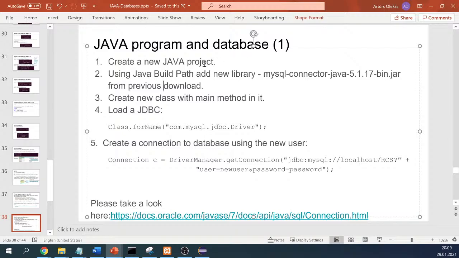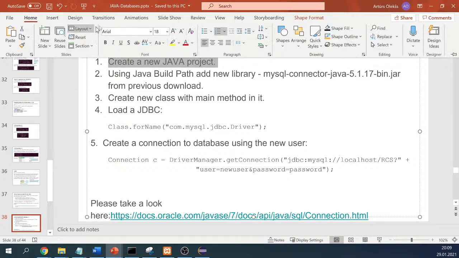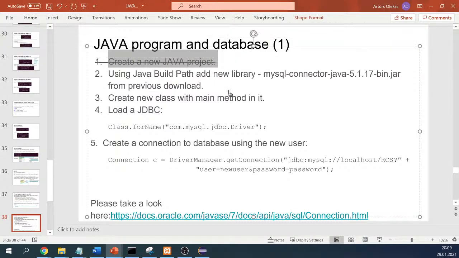So this step is not needed. If you want, you can create a new project, but you can basically use the same project at the moment. Then secondly, we have two options. Again, as I said, the simple way to do it is if we just download this JAR